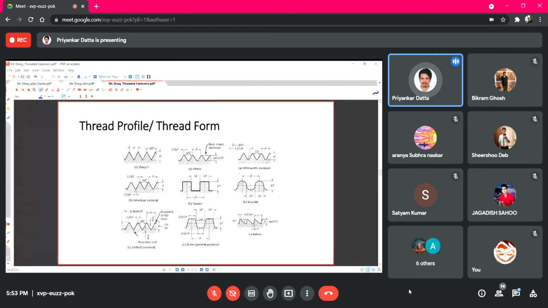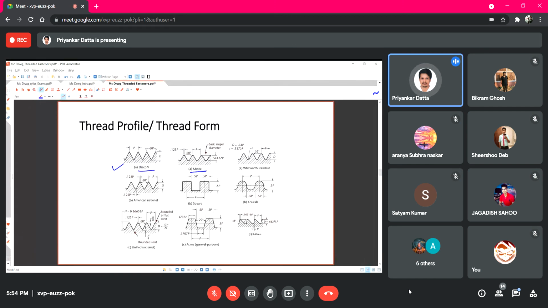So next is this thread profile or thread form that I was talking about in the last slide. So sharp V, that one we were showing all the terminologies related to till now. But in general, we use metric profile. Why?